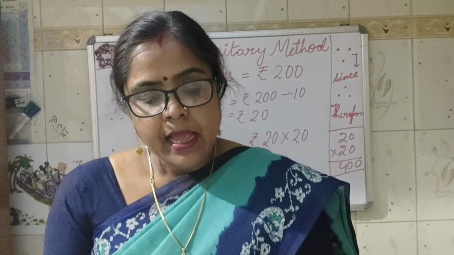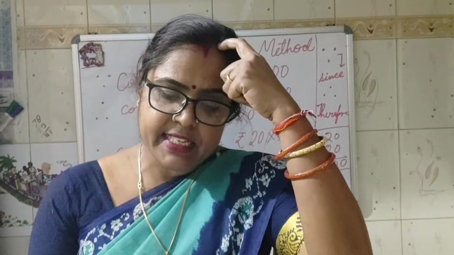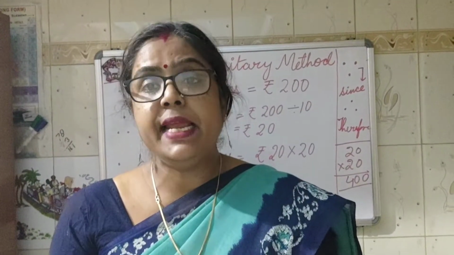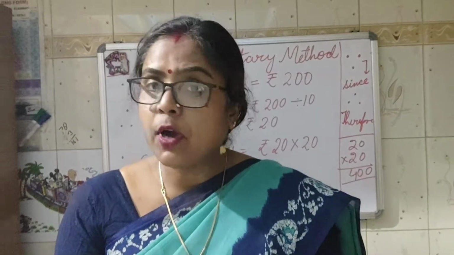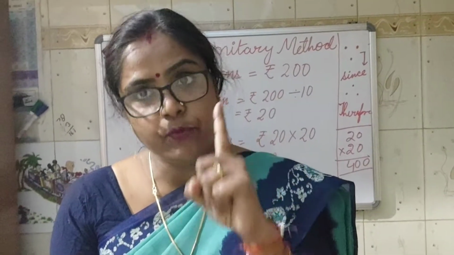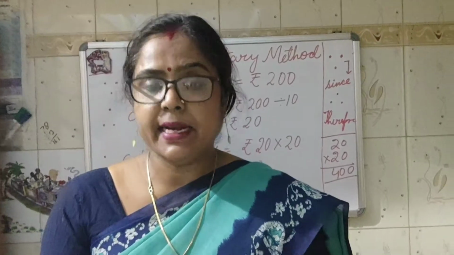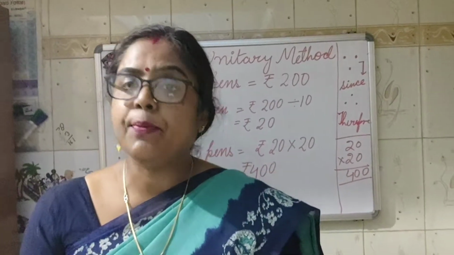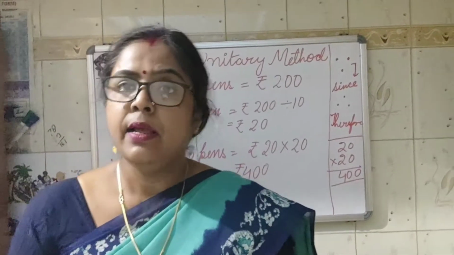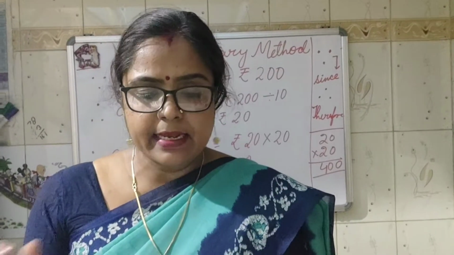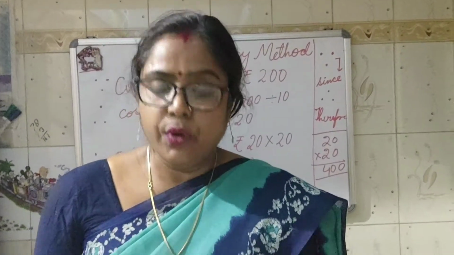If 2 boxes of apples weigh 6 kg, what will be the weight of 8 boxes? So 2 boxes is given. First we will find the weight of one box, and then you multiply that quantity by 8 boxes and you will get the answer. So these C and D you have to do on your own in the classwork copy only. Clear? One question I have explained, and the rest of the questions you have to do on your own. Now we are switching to the next topic, that is average. So first you complete these 2 questions, and then we will proceed to average.